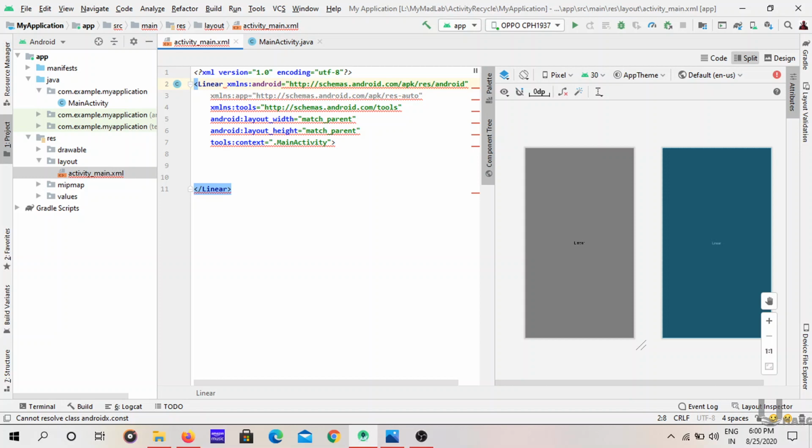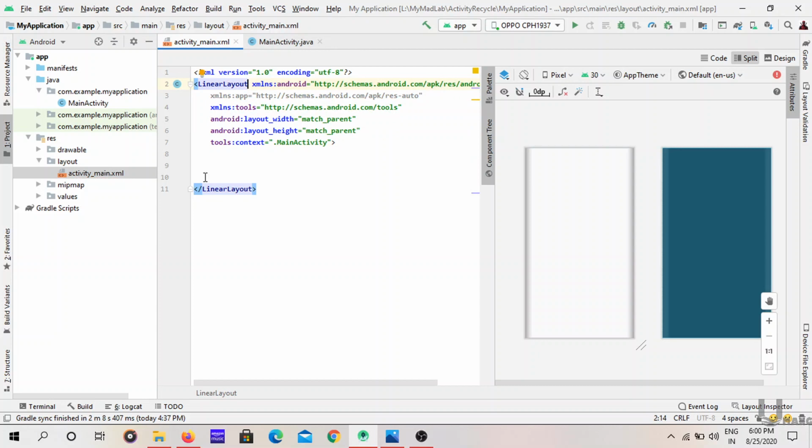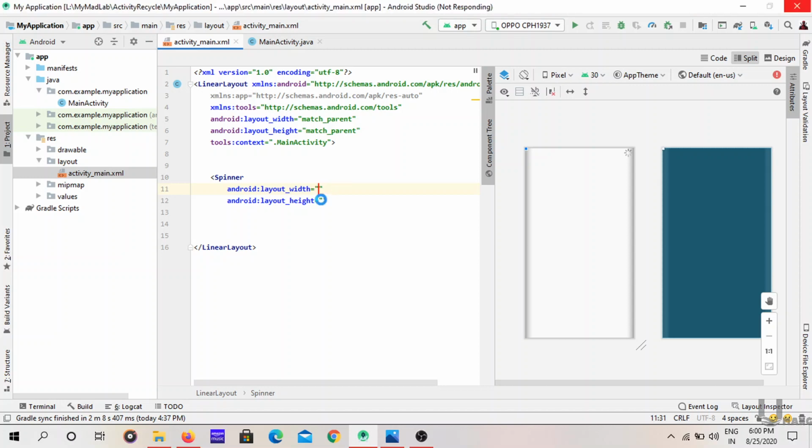Wait a second, it's a bit slow. Yeah, this is my linear layout. Add a spinner to this layout. See, it is suggesting there is a spinner here, so use this spinner. Keep the width as match parent and the height as wrap content.